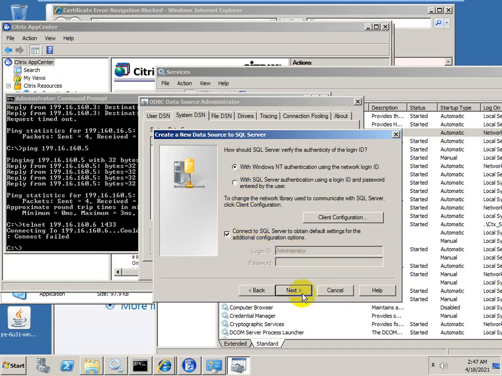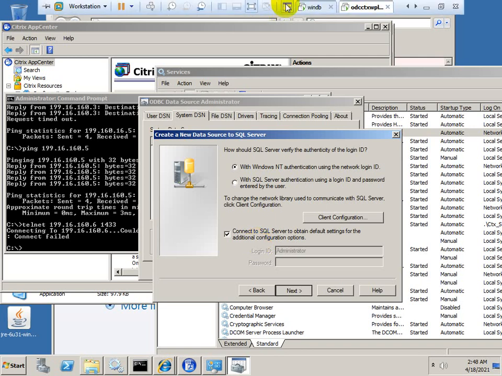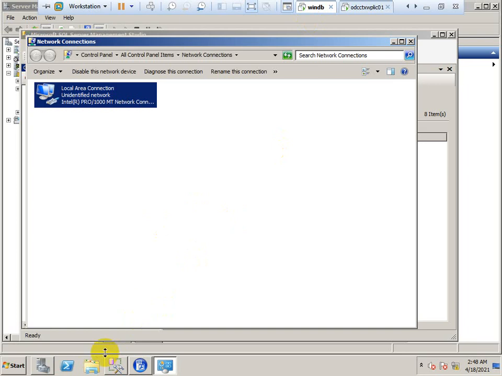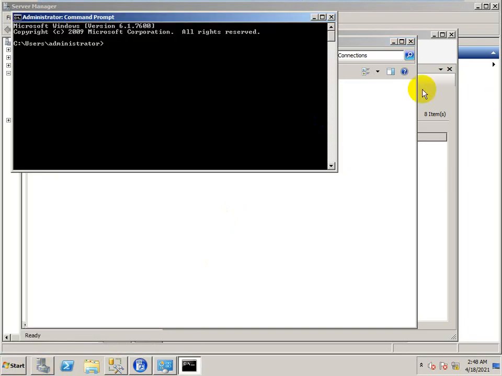Next, let's see. And from this server, I will try to ping ODCCEFWP01.citrix.com.